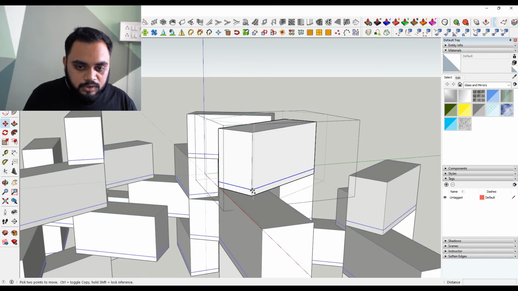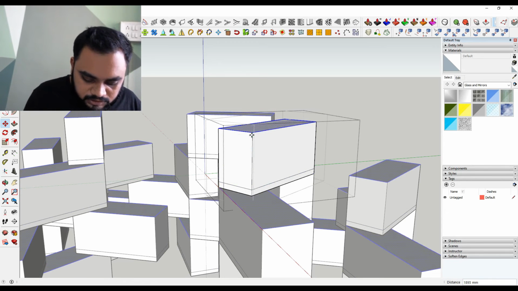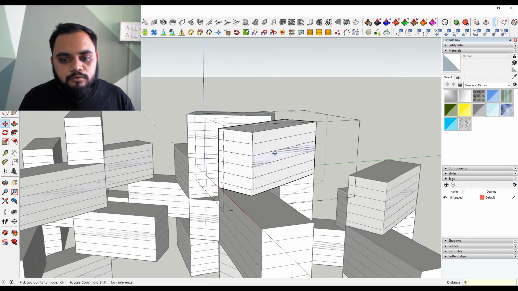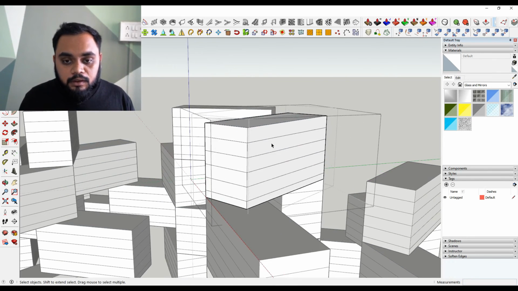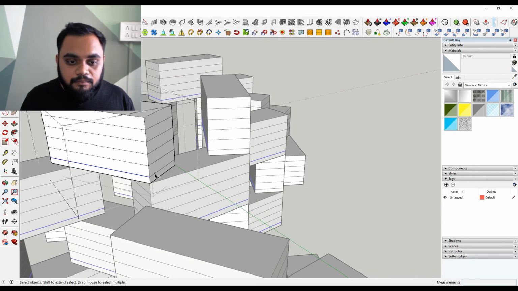Let me do that once again. Copy this on the top, and then I'll just divide this by 5. So I've got 5 different floor plates over here. Now if there was something I wish to do over here, like build an elevation projection or something like that, I could do that.